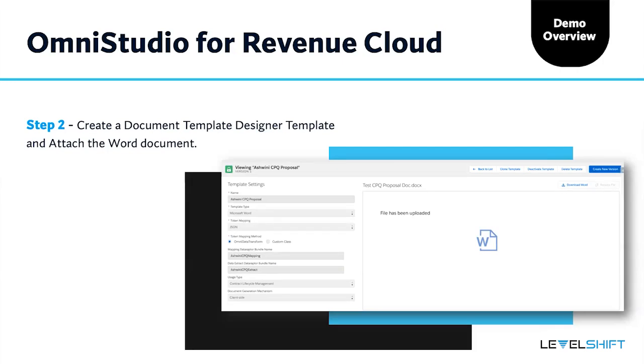So once you have this, on the right-hand side, you will see that there's a place for you to upload the template that we just saw in the last step. Once you're done with that and save template, it's going to give you two options. One is, if you see on the left-hand side, there is an extract data raptor and a transform data raptor. You can already create those and just use them here. Or if you have not already created, you can just give whatever name you want here and save this template